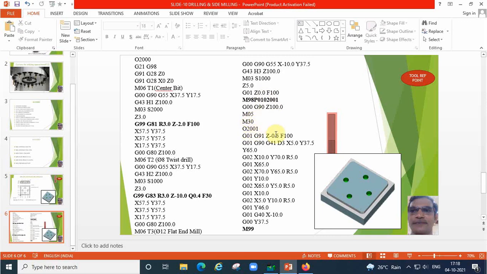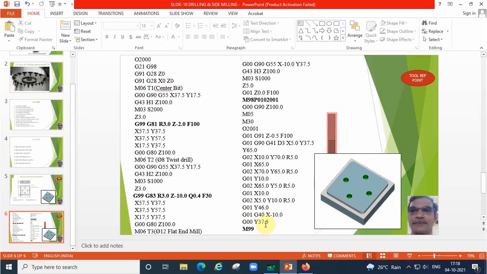How the machine will understand is, first we are doing the drilling cycles 81 and 83. After that we are calling the subprogram. After searching this 2001, machine will read line by line. After reading this 2001, directly it will go into the subprogram. It is completing the entire program. It is doing the side milling operation, 10 times it is rotating.